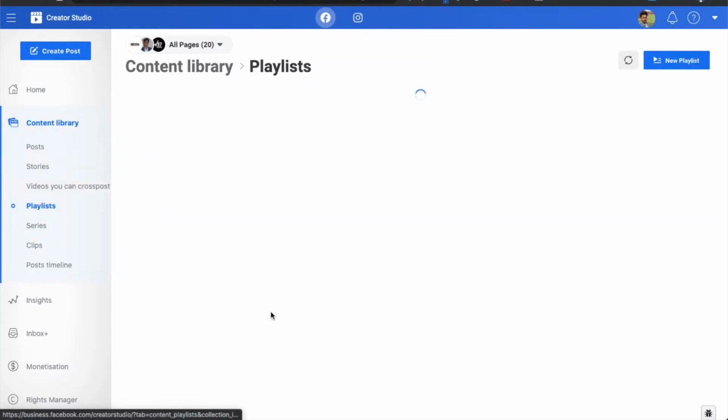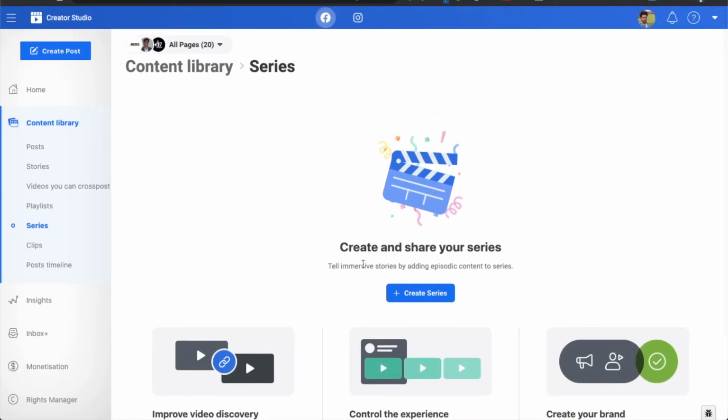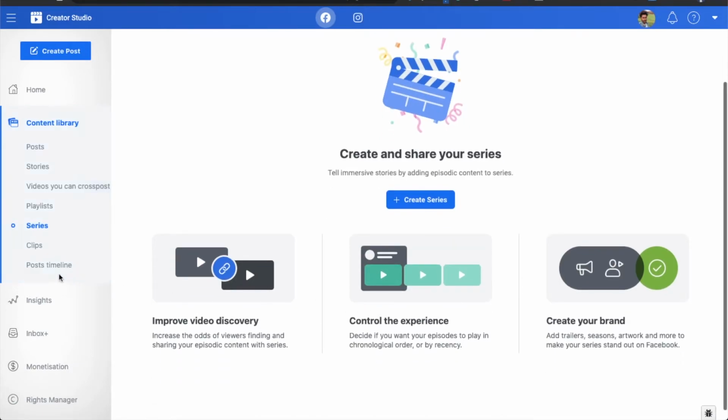Now you can even create a playlist from Facebook itself. You can create a playlist for the video, as you get this kind of feature in YouTube itself. You can even create a series like a web series. There are lots of Facebook pages that have a series, so you can do this from the series option. Like let's say Netflix has 4 episodes, you can also create a series which has 7 episodes, and that kind of thing you can do from here.